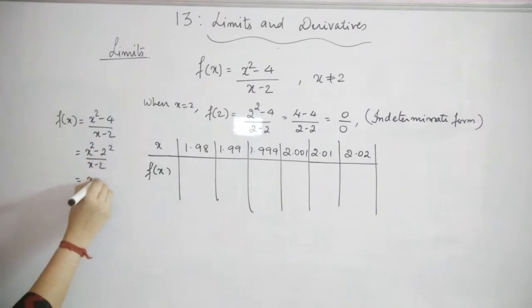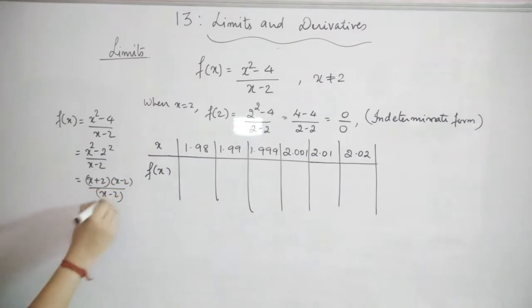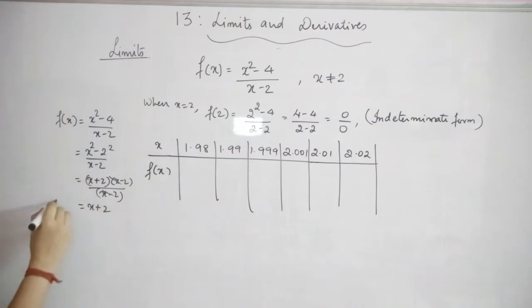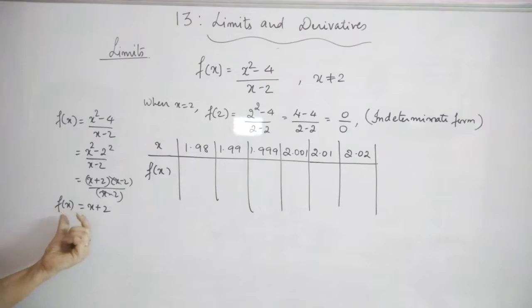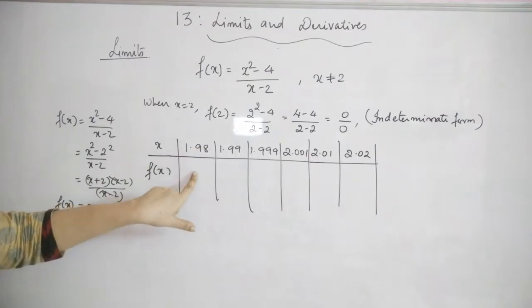That means I can write it as x plus 2 into x minus 2 divided by x minus 2. That means these two get cancelled and I am getting x plus 2. So now the same f of x is x plus 2. And this I have done in order to just write the values easily. Okay, so x plus 2 means I have to just add it to these values, so that I will get